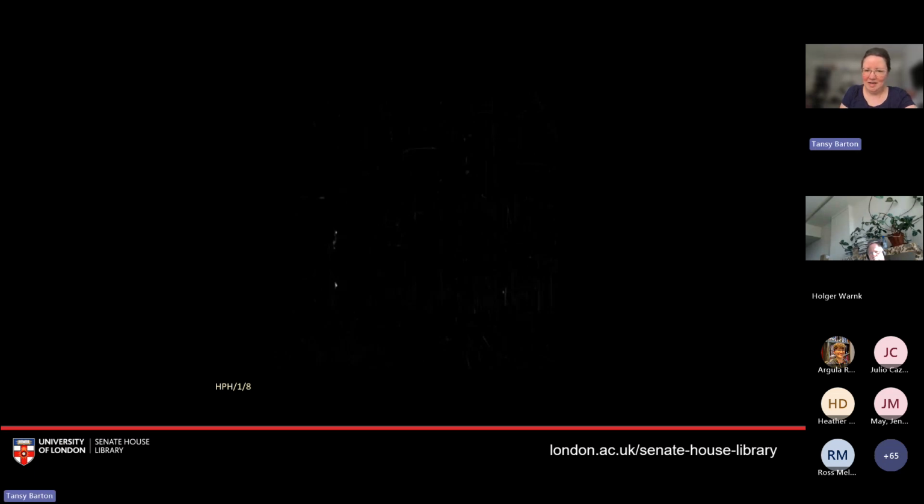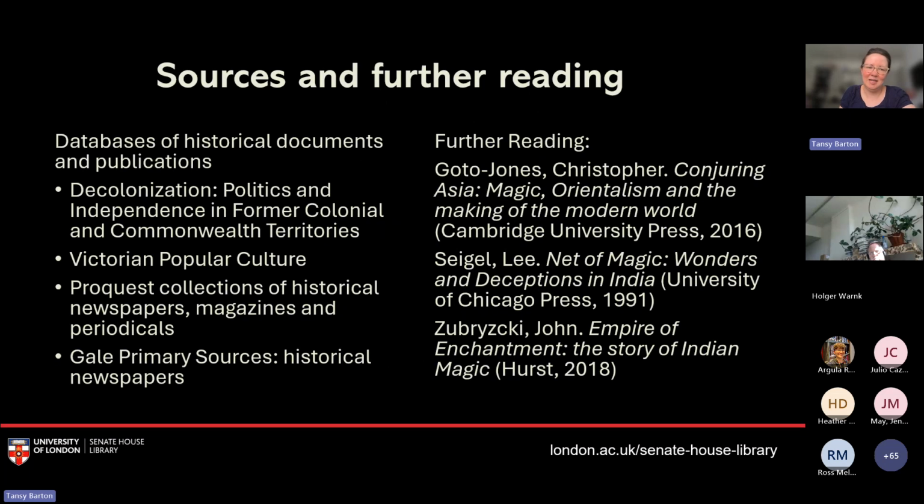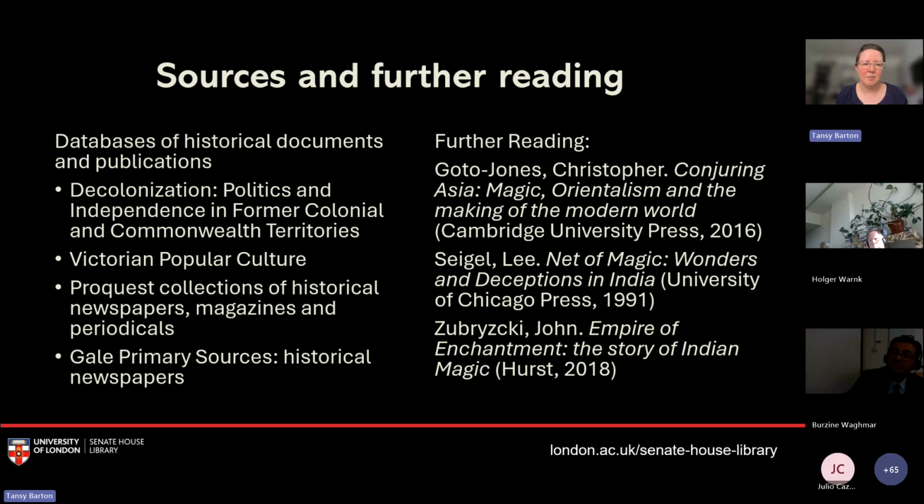That was a very quick run through some of the magic we have in the collection, the Harry Price Library, from South Asia. If you're interested in exploring the subject more deeply, there are some books here which are useful starting points, but also for all of the collections we've been talking about today, some e-resources that you can access within the library.